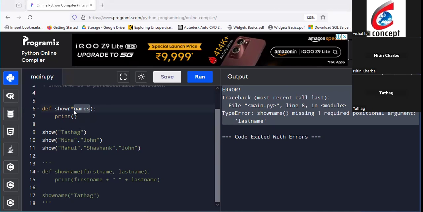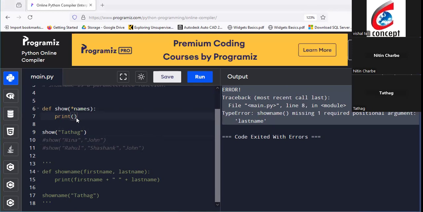So that name can hold multiple values, and all these values will be saved in names at positions 0, 1, 2, 3. Let me comment this. Okay, let's run this program. And here if I want to show